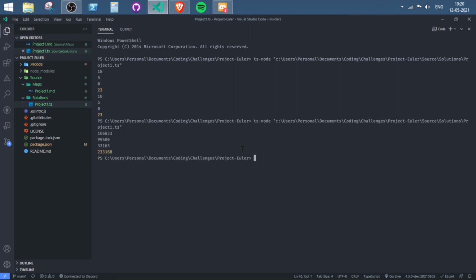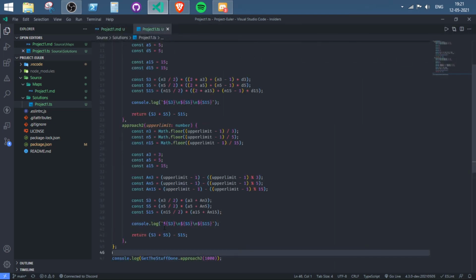Let's see if it executes properly, and that gives us the answer. So it is supposed to be this, and that is the solution which I am getting, and I guess that's it. I'm gonna run it again